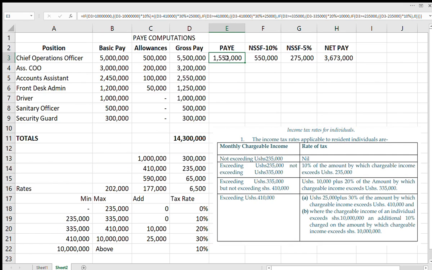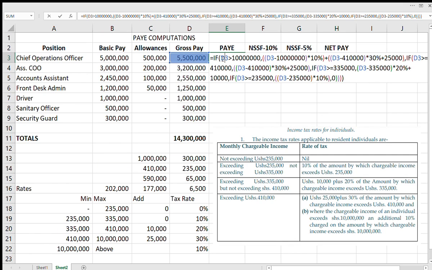So if we get that concept, then here we can now flow and come here and see how we treat that in the if situation. That's why we see here that I say if what? If this gross pay, that is the money that person is earning, is greater than 10 million. This is the sign for greater than. You just press shift and the greater sign on your keyboard, then type 10 million, comma. If this amount, you select D3, the cell, is greater than 10 million, comma,